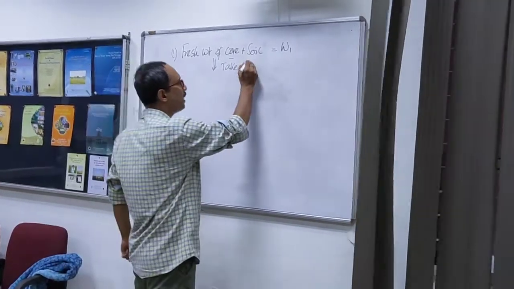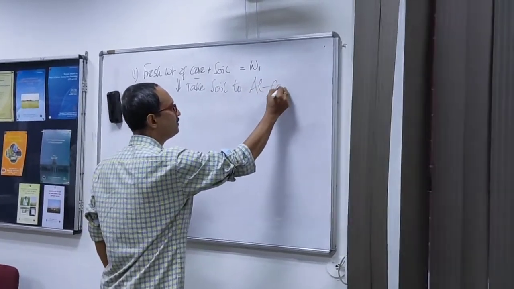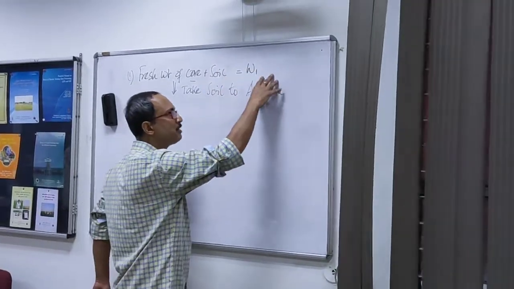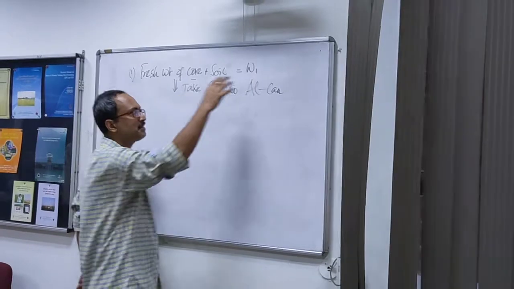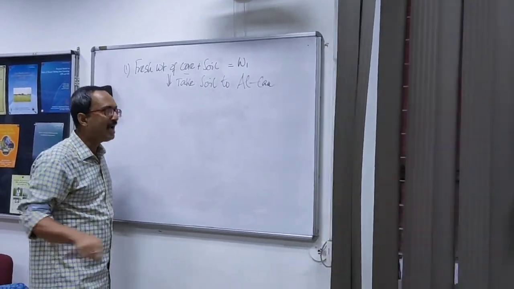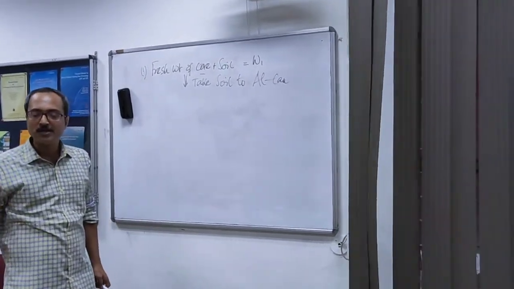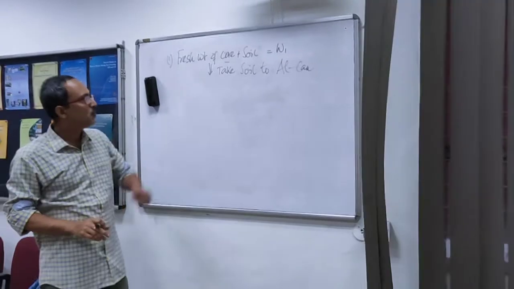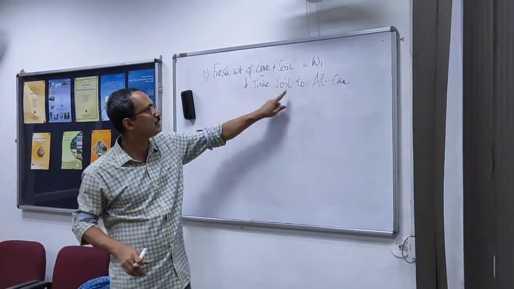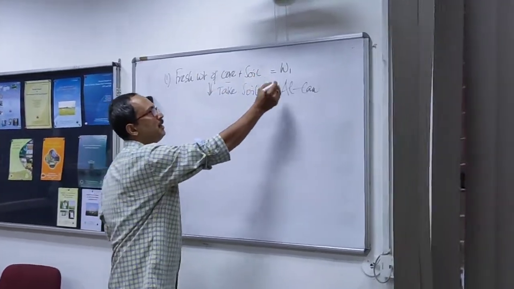So you take the soil to an aluminum can. You take an empty weight of the aluminum can, then transfer the soil to it and take the weight, because that's your fresh weight, and then you put it into the oven and take the dry weight. So you can take the fresh weight of core plus soil like this, or you can take the soil to the aluminum can. Whichever way, you get the core plus fresh soil weight, W1.